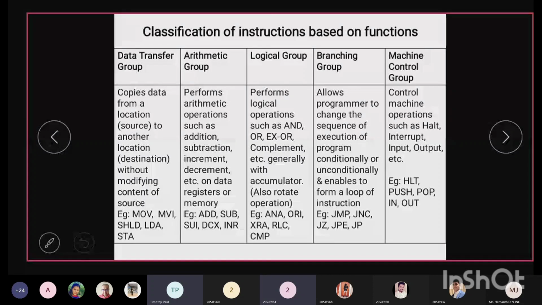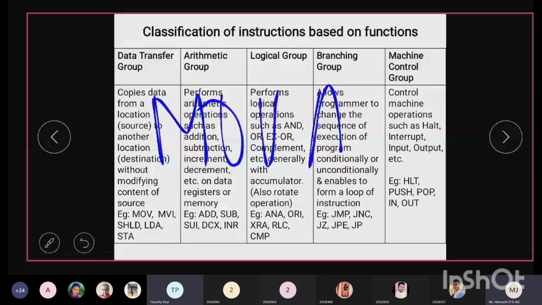Data transfer group copies data from a location, source, to another location, which is destination, without modifying content of source. Okay, so if I write like this now, MOV A comma B, which is the source and which is the destination? A should be the source and B will be the destination.